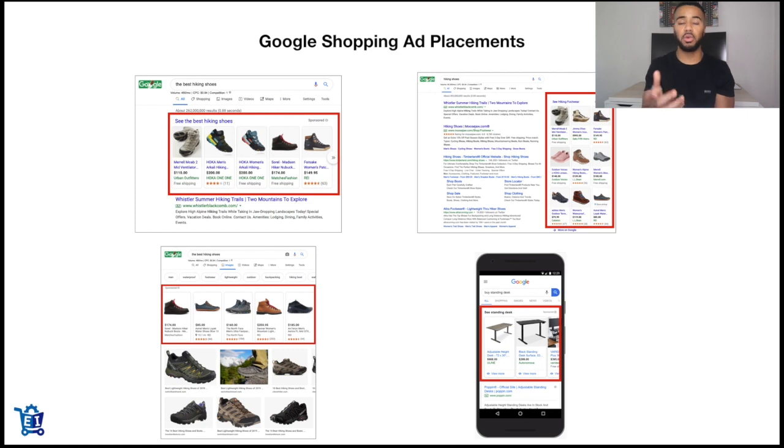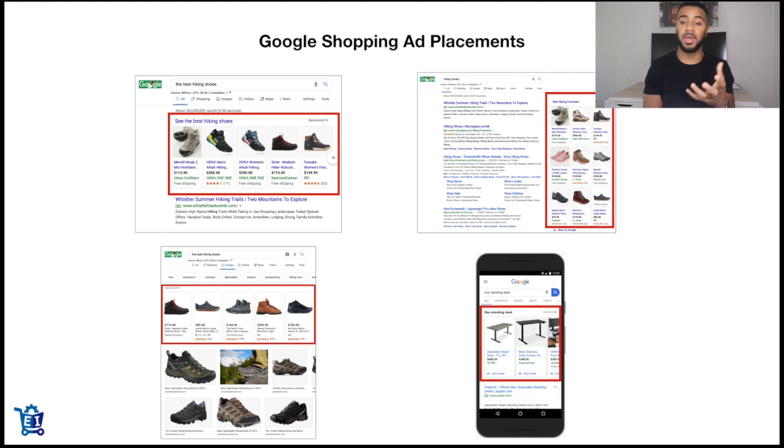And the best part about Google Shopping is that you also don't have to be good at learning how to create ad creatives. Like for Facebook, you have to know how to make good image ad creatives and good video ad creatives. And for the videos, you have to know how to edit these videos and how to include things that will make people stop and watch the entire video, things like that. And that takes obviously a lot more skill, and that's why you can get a lot more results.